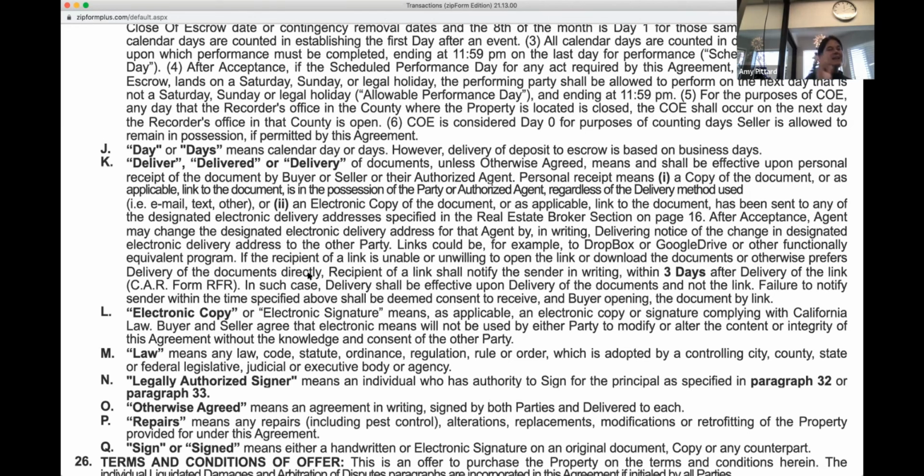Electronic copy, and it can be a link, right? It doesn't have to be the physical copy anymore. It can be a PDF. It can be a link to the Disclosures IO site. It can be a link to your Google Drive, whatever that would be. Electronic copy or electronic signature means, as applicable, an electronic copy or signature complying with California law. Buyer and seller agree